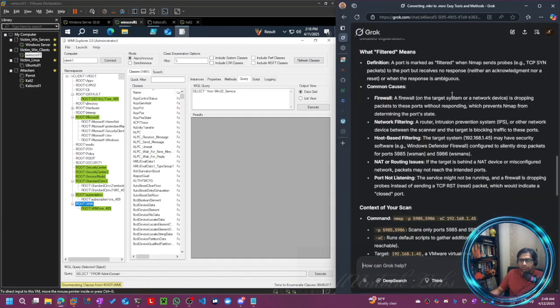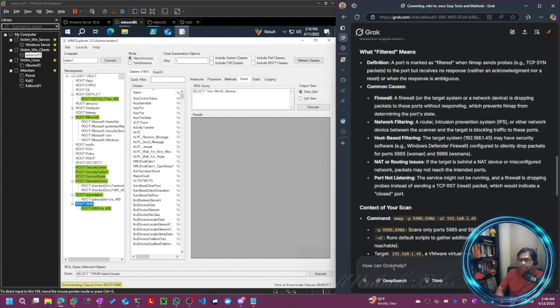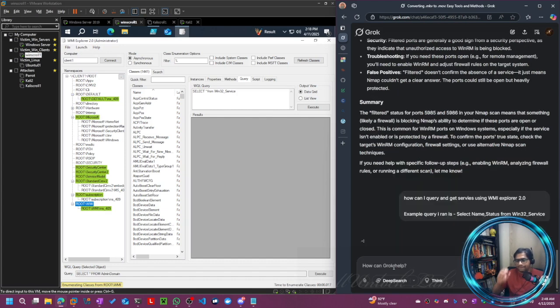Let me ask Grok. How can I query and get services using WMI Explorer 2.0? Example query I ran is